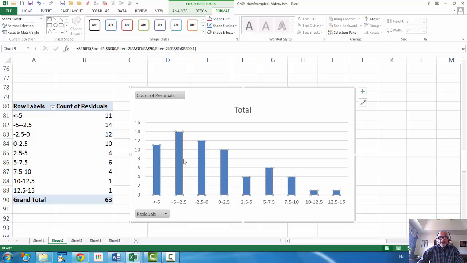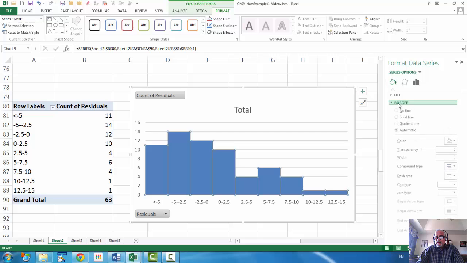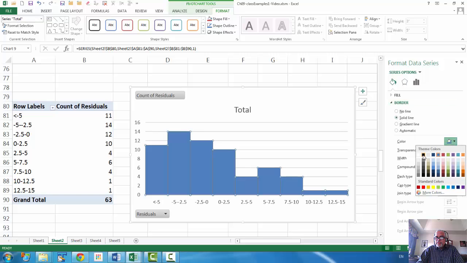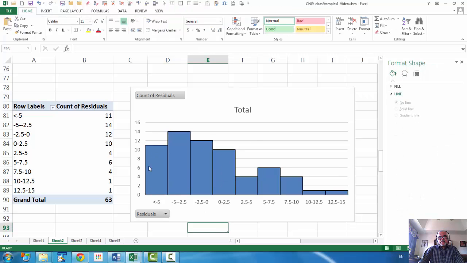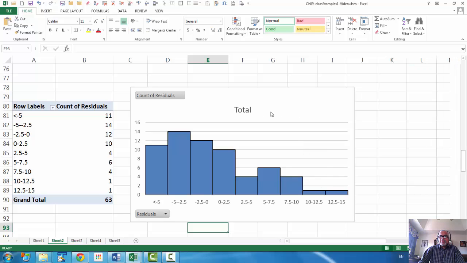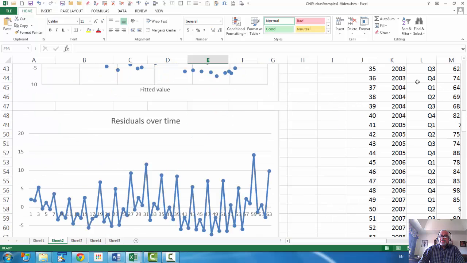So right click, say format data series. So go here and you see gap width is 0. And let's put the border lines. Solid line, and let's use black line. Okay, so now we have. Now, if you look at the residuals, the residuals do not seem to have a normal distribution. It's kind of skewed to the right. Okay, all of this is okay, but we are still not seeing solid evidence in terms of the seasonality being